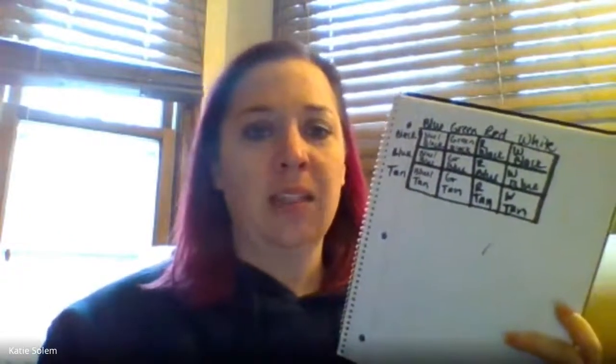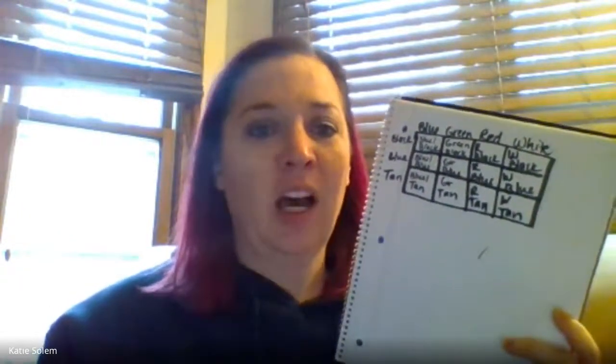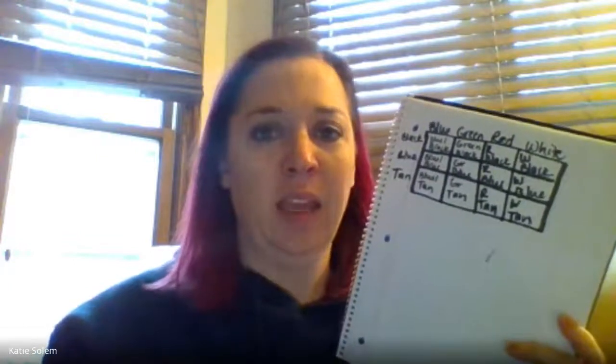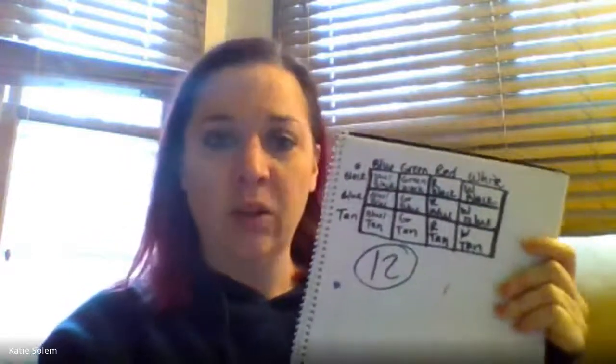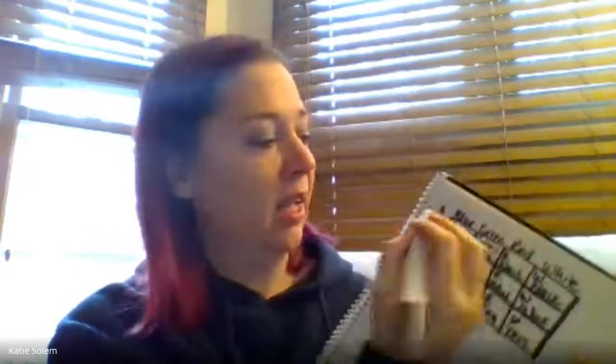So our question we want to answer is how many different outfits can he make? So we could count them up. 1, 2, 3, 4, 5, 6, 7, 8, 9, 10, 11, 12. We get 12 that way. Or we could think of it as a shortcut and say, okay, there are 4